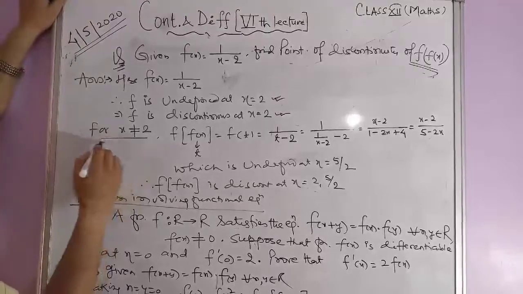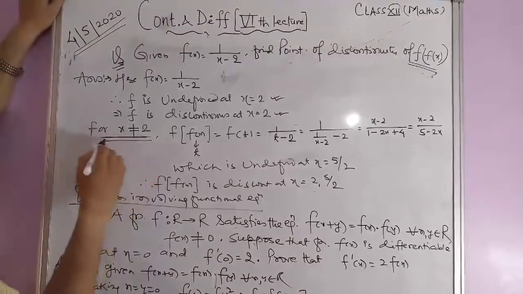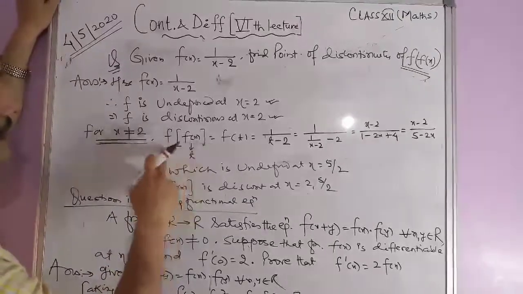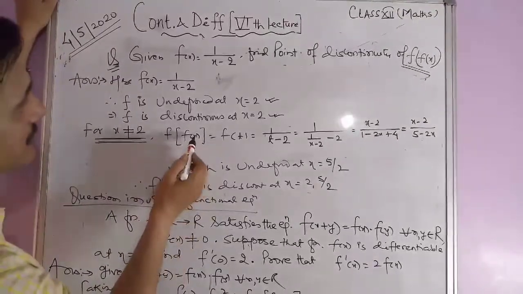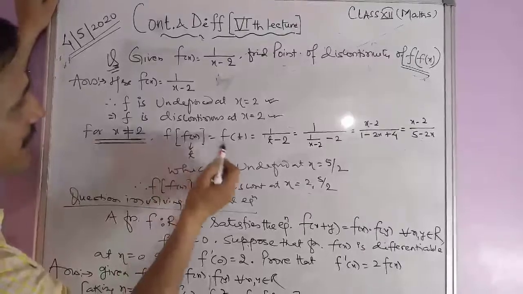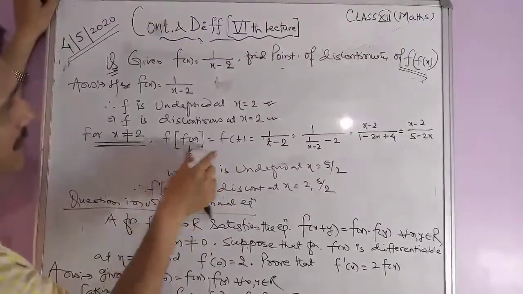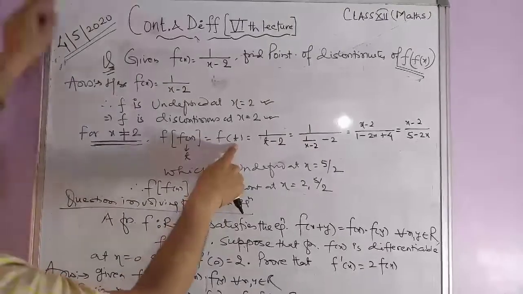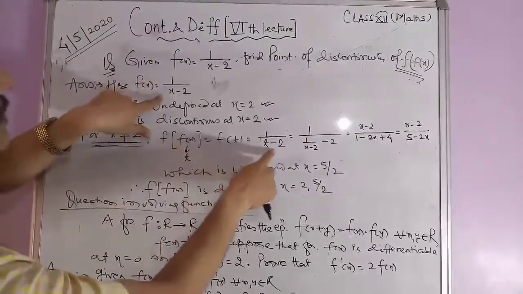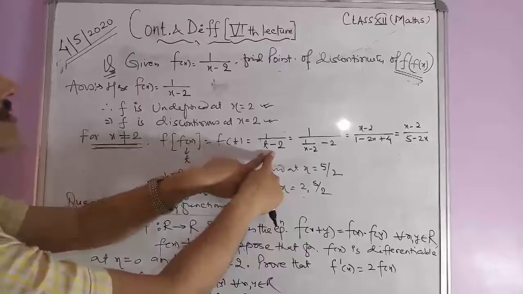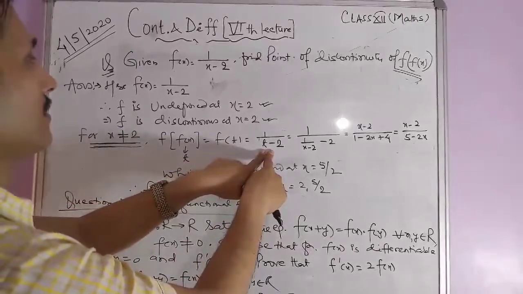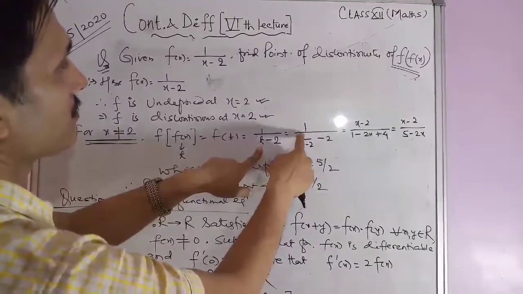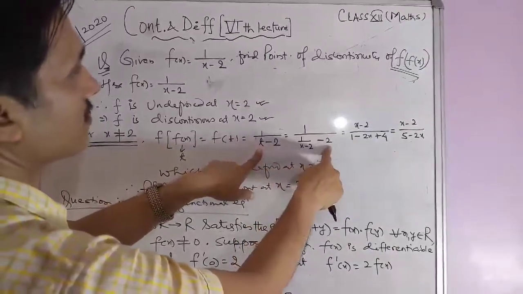For x not equal to 2, we construct f(f(x)). Considering f(x) as t, f(f(x)) becomes f(t), where t equals f(x). f(t) is 1 upon t minus 2. We replace t by f(x), that is 1 upon (1 upon x minus 2) minus 2,